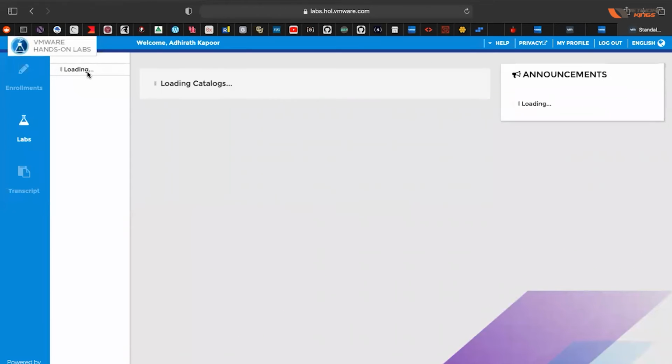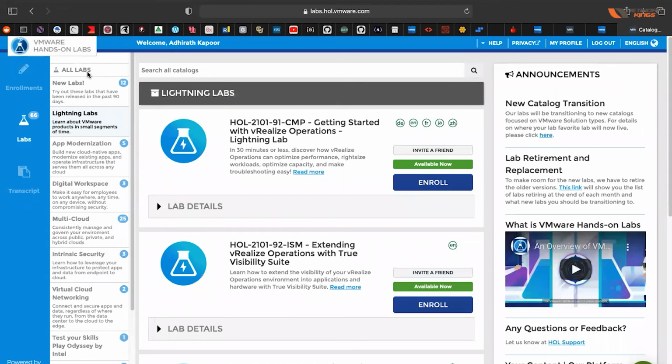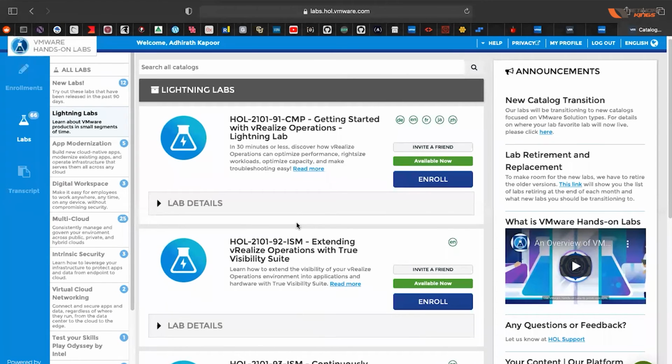This is the lab access given to you free of cost by VMware. Some of these labs are titled lightning labs, which help you understand a specific concept within 30 minutes. That's why the name is lightning labs.